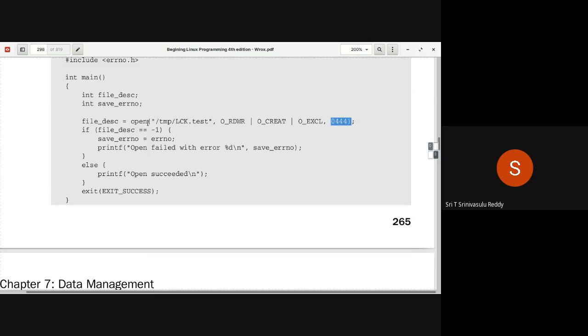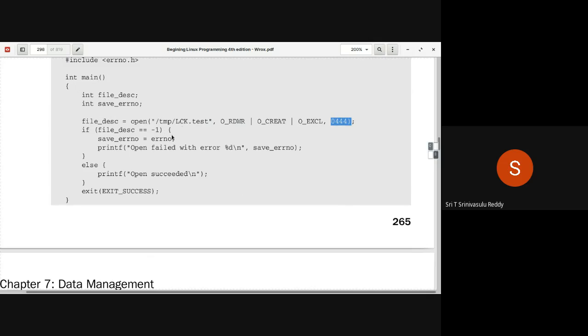The open system call will fail if it cannot open this file in an exclusive mode, and it returns -1. Otherwise, it returns a meaningful file descriptor. So you are now verifying if the file descriptor value is equal to -1,